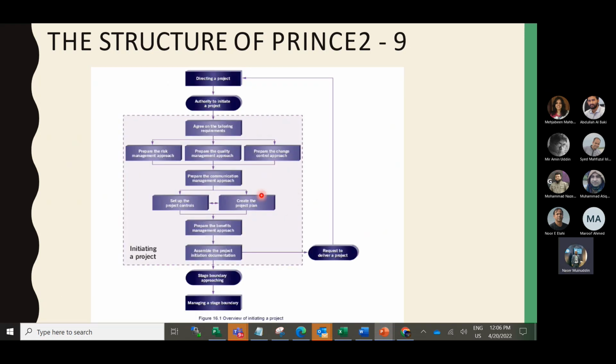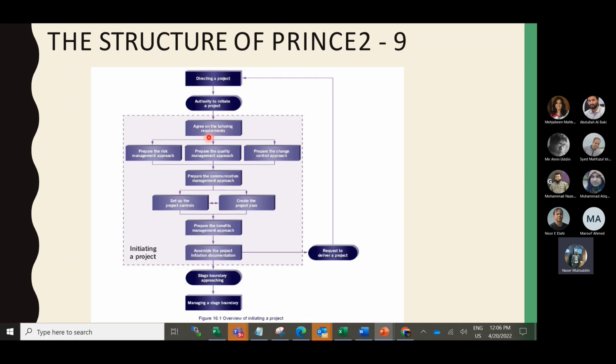Now another part, what I already called the second term, initiating a project. That means after starting up the project, the initiation of the project, whether we can start the project or not. Here there are a lot of tasks. With authority to initiate a project, they first agree any tailoring requirements according to your organizational need.